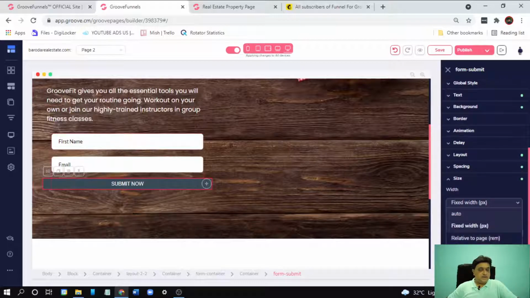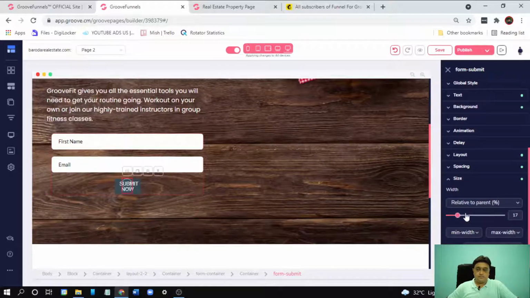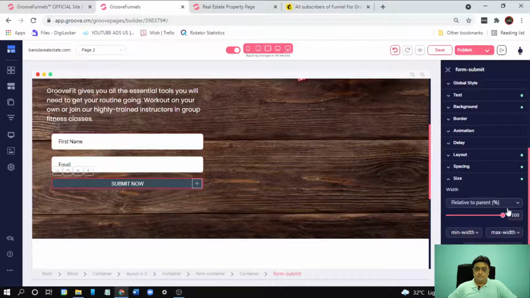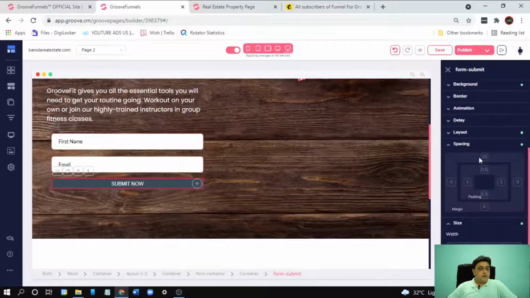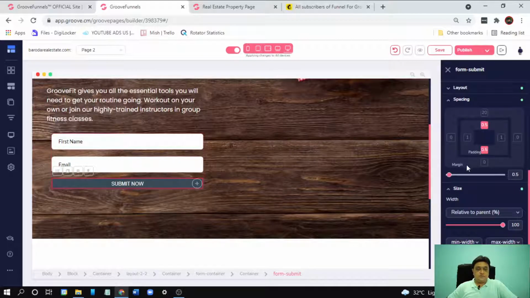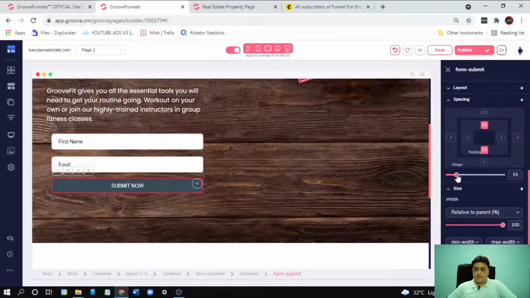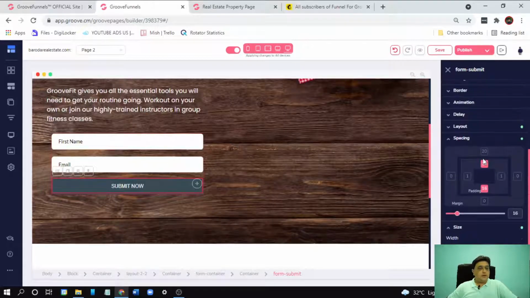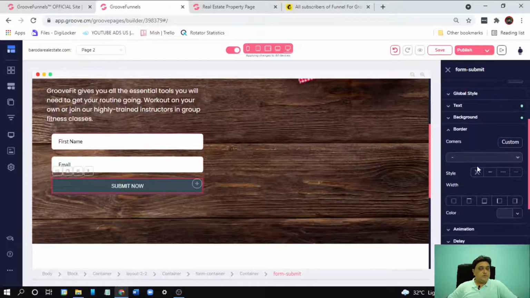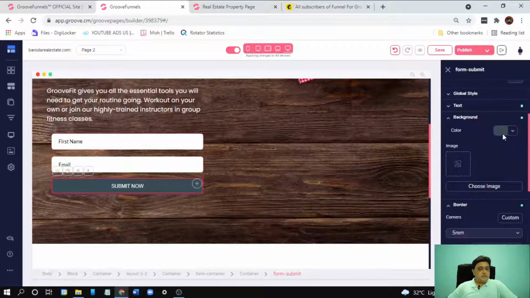You can select relative to parent also. Okay. Now give some spacing also. Yes. Now here we have to select border just like for the placeholders. Select background from here. Click on the button. Select background from here.